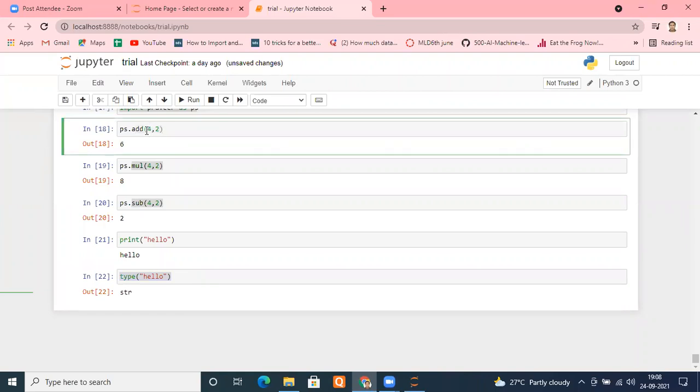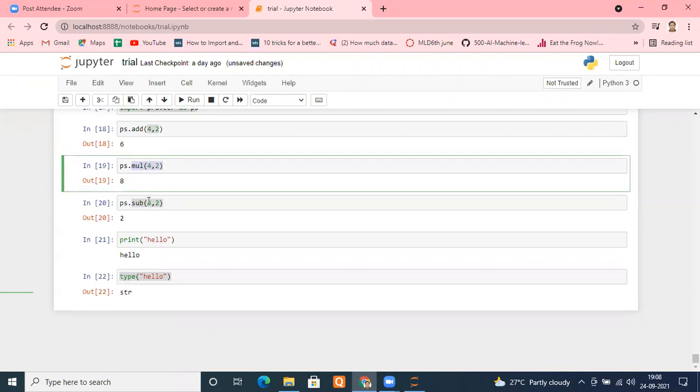Very much like this, in add you put 4 and 2 and you get 6. But we wrote the syntax there, remember, return a plus b. We mentioned there a plus b, that's why I'm getting this. We mentioned there a multiplied by b. So we write some code, but it makes our life very much easier. We can directly use them. So next time you need addition or multiplication, you don't have to write a complete piece of code. You just call that function and it will make your life easier.